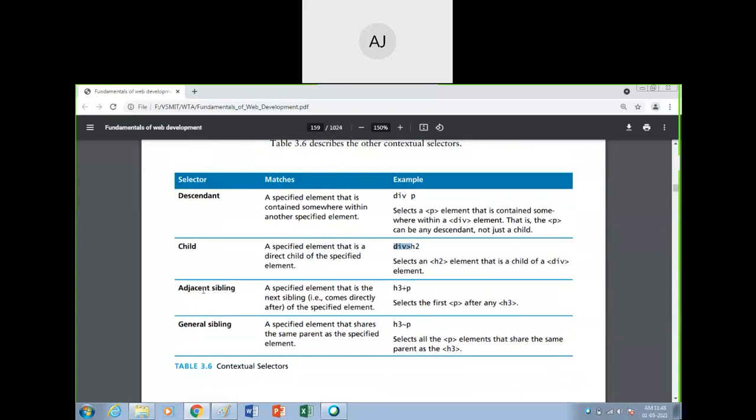Is it okay? Then adjacent siblings and general siblings, these are the relations you might know within this tree structure: descendant, child, adjacent siblings, general siblings. The nodes which are present at the same level are called general siblings. Adjacent siblings means it's just beside this one, and it has some children. The same age group, you can call them general siblings, adjacent siblings, and the child means its subsequent node. I can just draw it here.